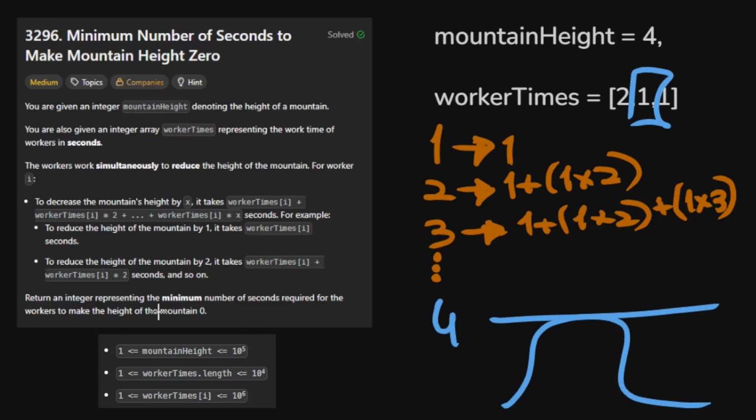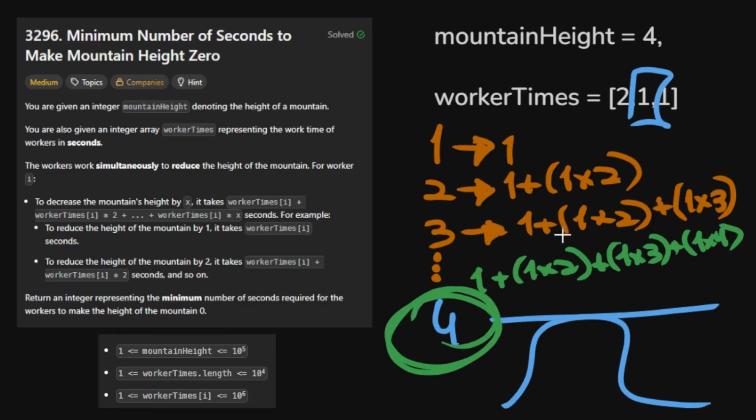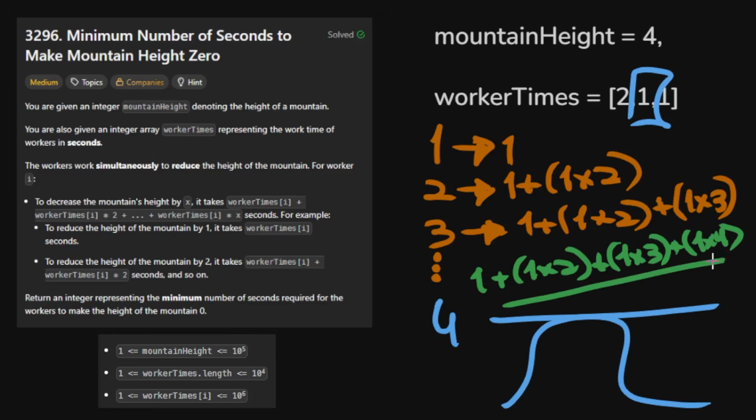And we want to return the minimum number of seconds to make the height of the mountain equal to 0. So for example, we could reduce this height to 0 by using only this worker. The cost in this case would be 1 plus 1 times 2 plus 1 times 3 plus 1 times 4. This is the cost of reducing 4 levels with this worker. Now the result of this is 10, but we are trying to get the minimum cost to get a height